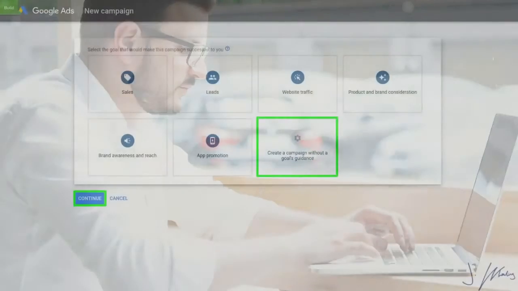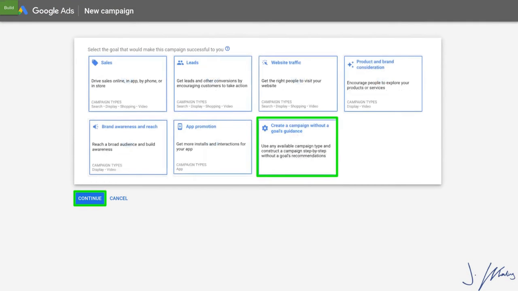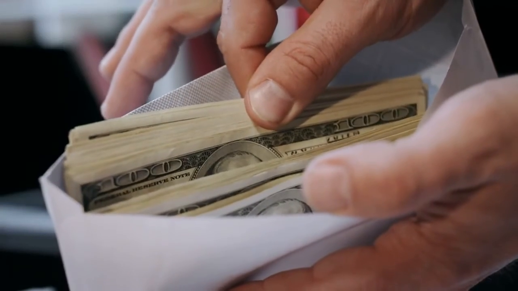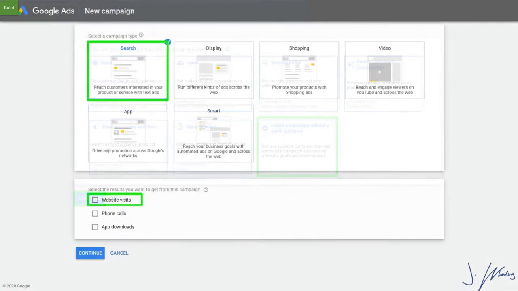So the first step is choosing to create a campaign without a guidance or a goal. All these other options, all they essentially do is restrict what you can do inside of the campaign, and it automatically puts in settings for you. Because you're watching this video, you don't need to do that. You don't want Google making decisions for you, especially when it comes to how much money you're going to be spending. So let's go ahead and create a campaign without any goals or guidance, and then we'll go ahead and